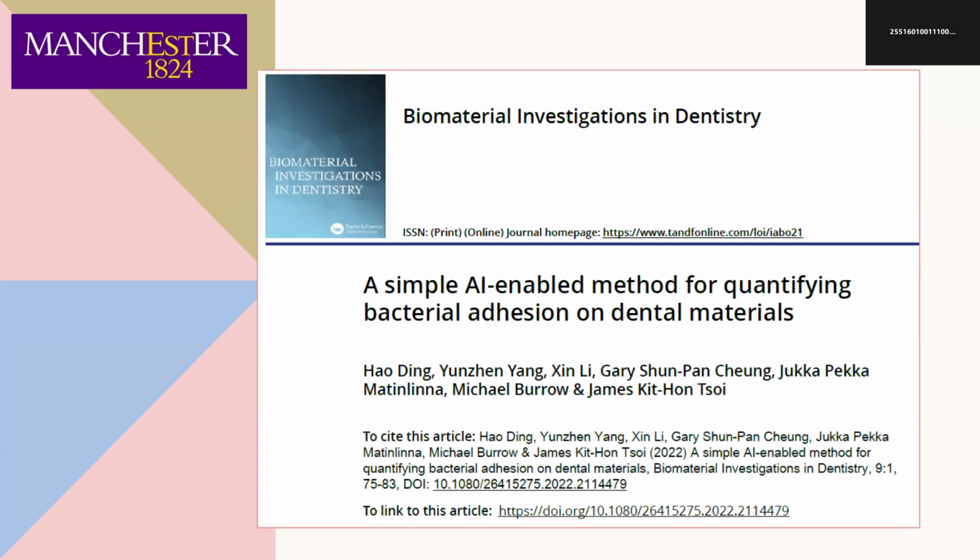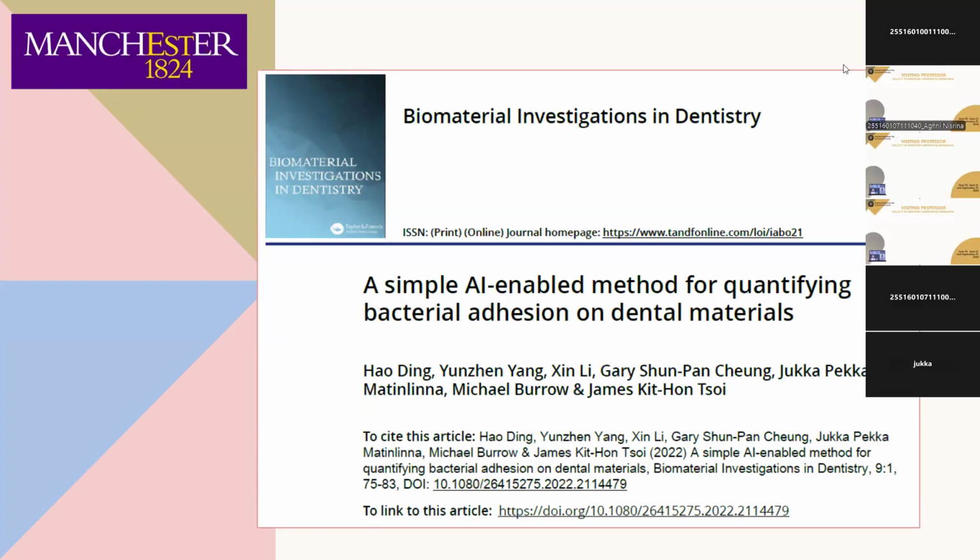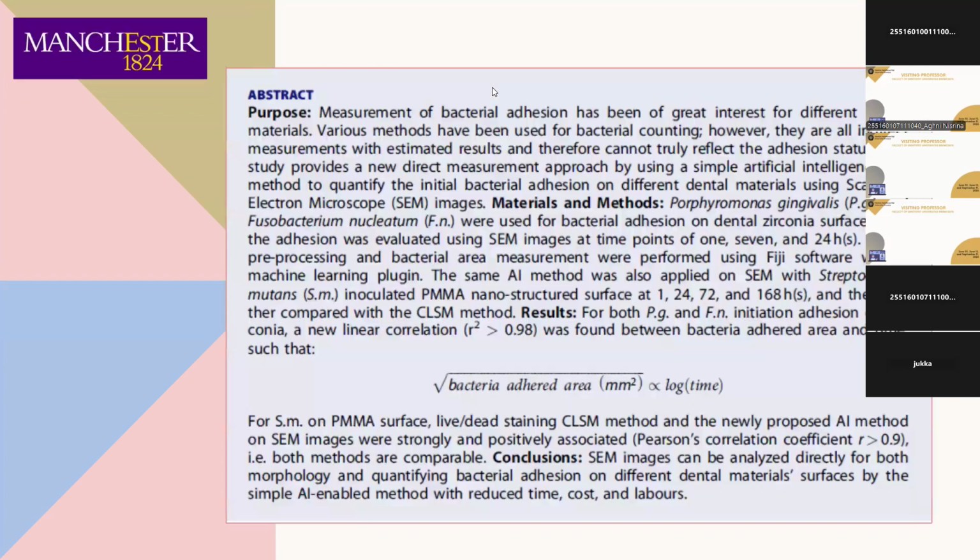Also, very recently: a simple AI-enabled method for quantifying bacterial adhesion on a set of dental materials. And aren't we interested in pellicle and biofilms and biofilm persistence on the surfaces of restorations? We certainly are. And the purpose here was measuring bacterial adhesion